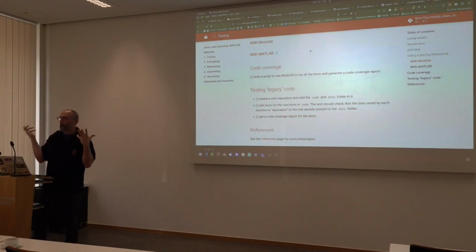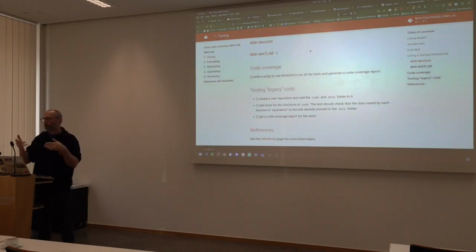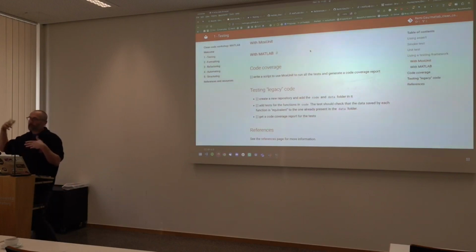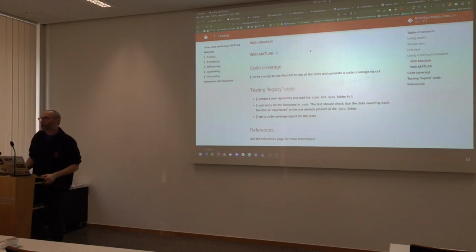Like there's no way that it will get a string when I know that every time it should get a number, right? So it will depend on you to figure out what are the good and bad cases. I don't think there is any way to automate testing a whole bunch of cases.